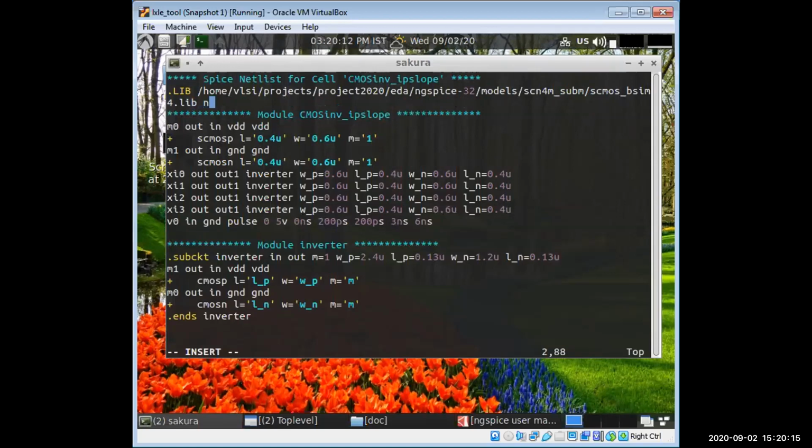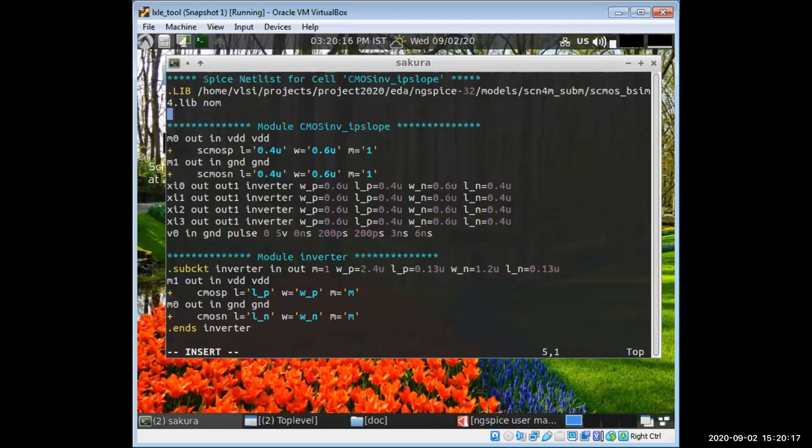So I have specified the path. Then, as I have explained previously, this is the same.